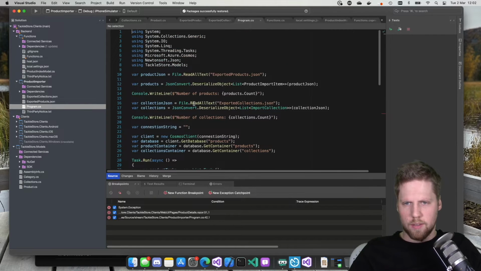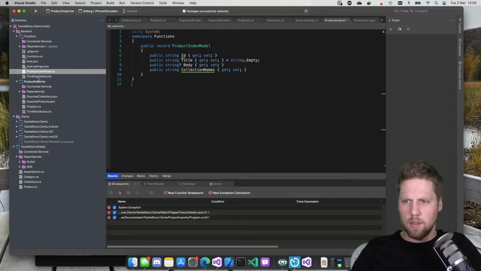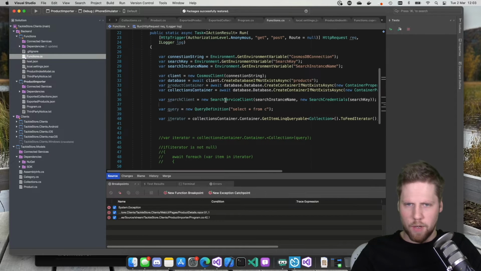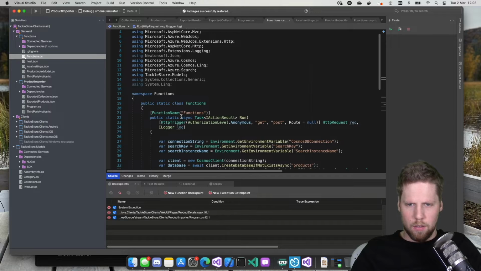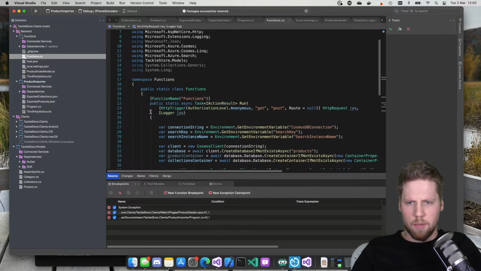CosmosDB, and all this code is also available on GitHub together with all the code that I write during these streams. So if you're interested to see what we have done earlier, you can go to GitHub and you will find all the code on my profile. So we should continue with this product indexer. We have a function here. Really don't know why I named it function,